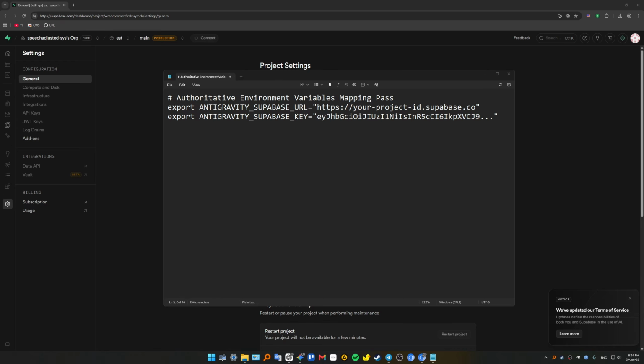So bringing your autonomous creation layers to a cloud-native Postgres core gives your AI-generated applications a bulletproof memory matrix that